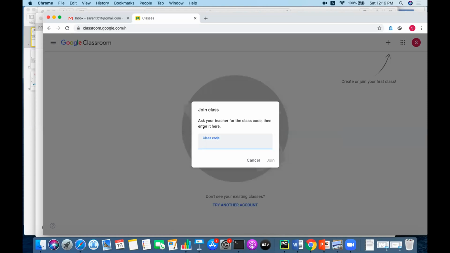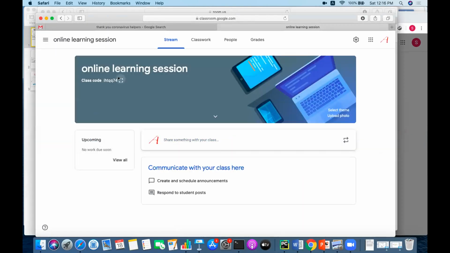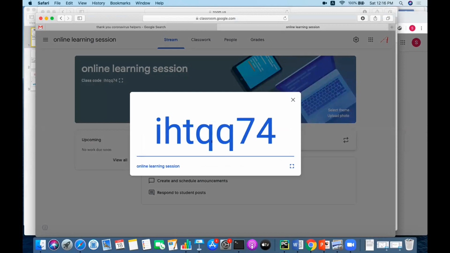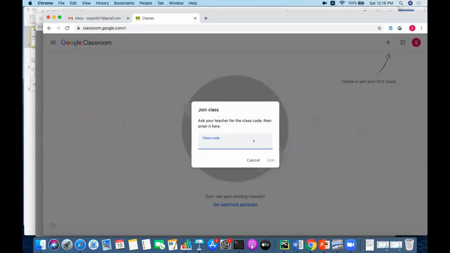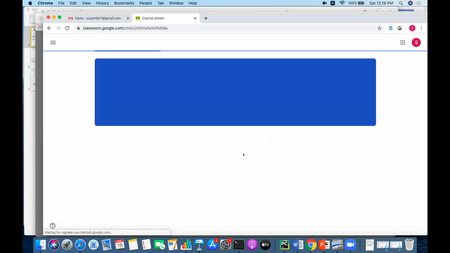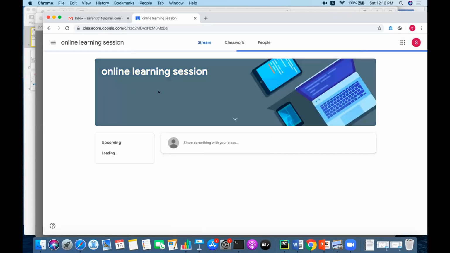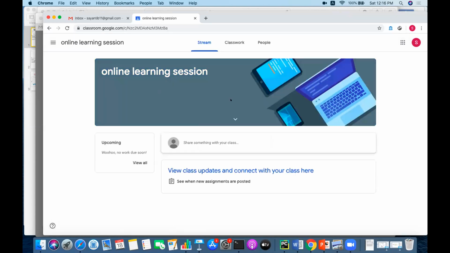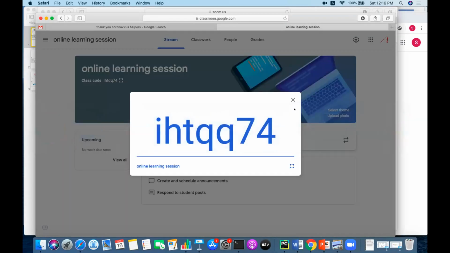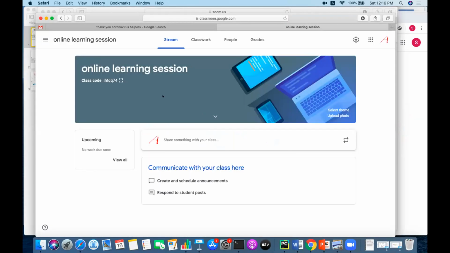Now to join, it will ask for a class code, which I have here, right? You can see this, IHTQQ74. So I can use this IHTQQ74 here to join. It asks for the class code from your teacher, which I have already given, and see, as a student, I have joined this class. As soon as I have joined this class, if I now go to my original Google Classroom,